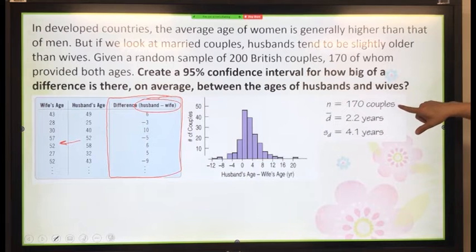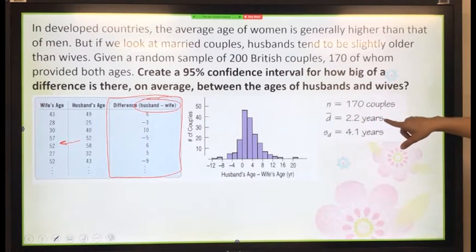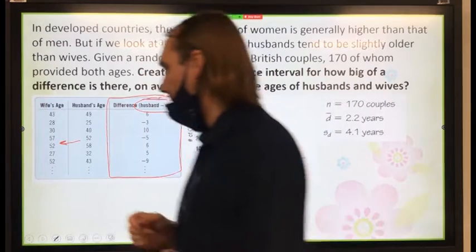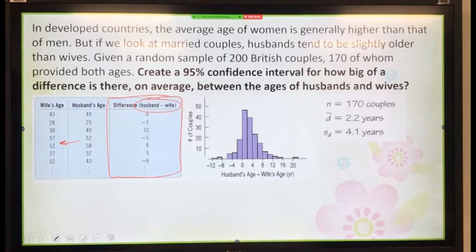So I'm given that my n is 170. My mean of the difference is 2.2 years, and my standard deviation of the difference is 4.1. Now remember I said this works exactly like one sample. So we'll go to our calculator,